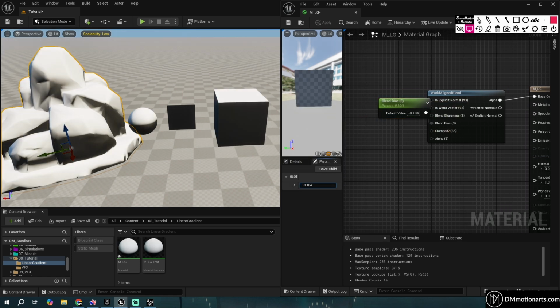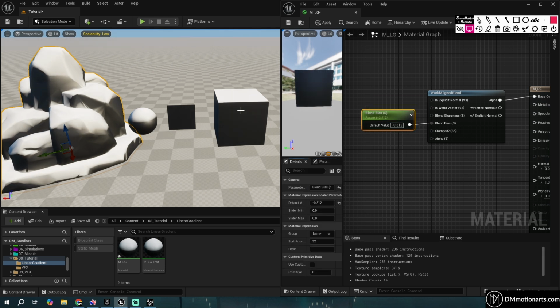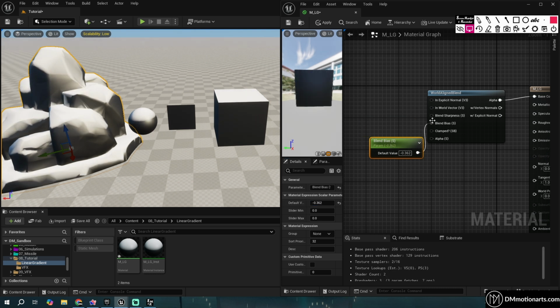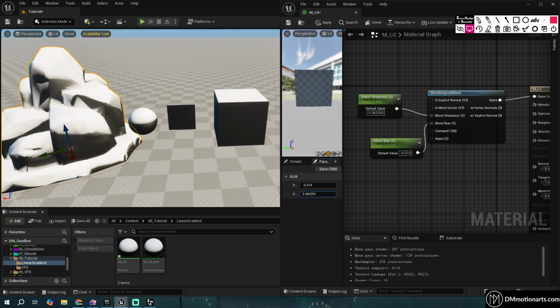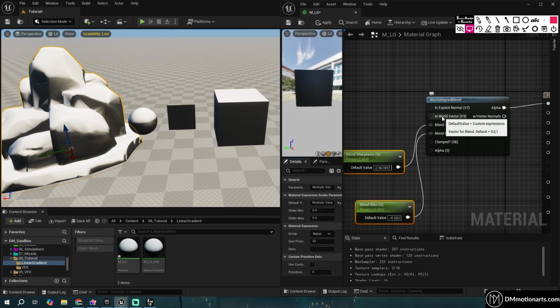And if I go to reverse, it will go up like this, you could see. And by default it shows the up area, so whatever is at the top. So you could also use this for snow or some kind of blending. You could see with blend sharpness, you could basically make it how sharp it should be. And then let's say if you don't want the top area, you could see in here,